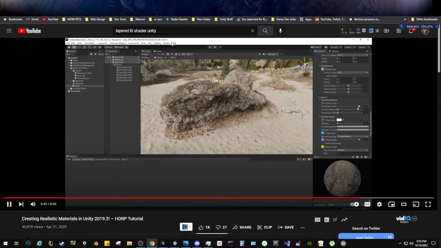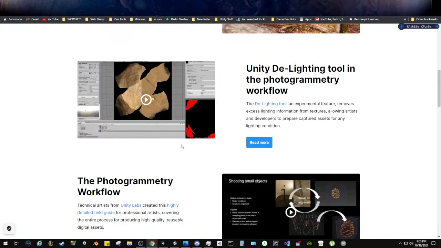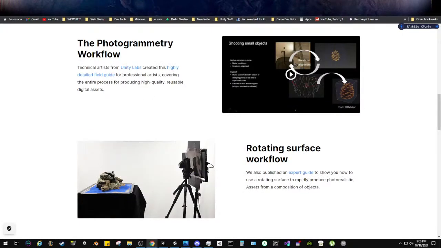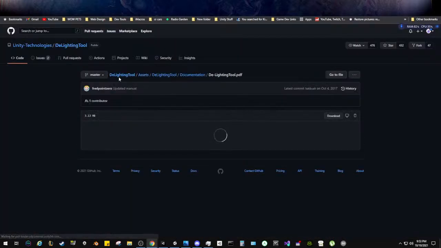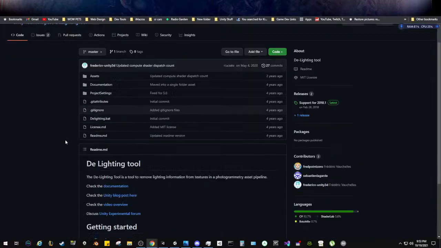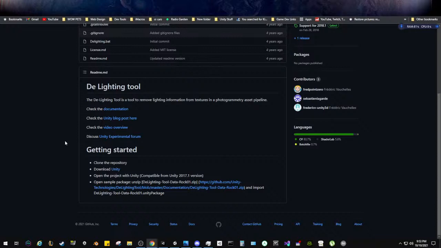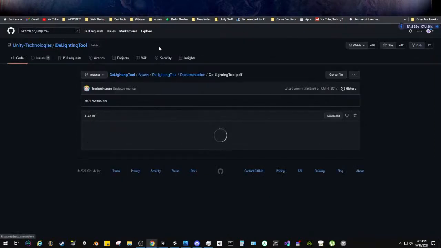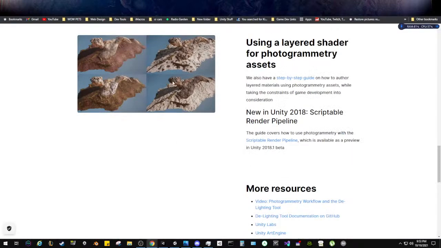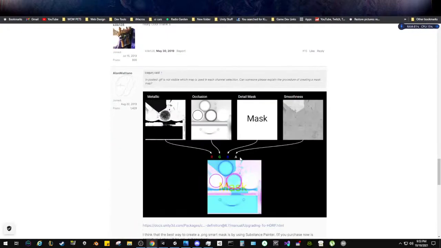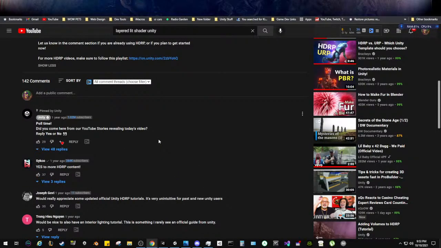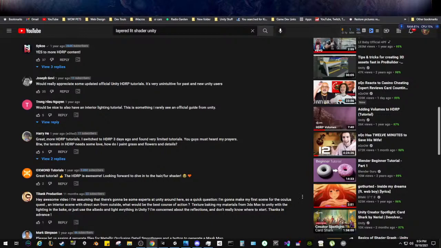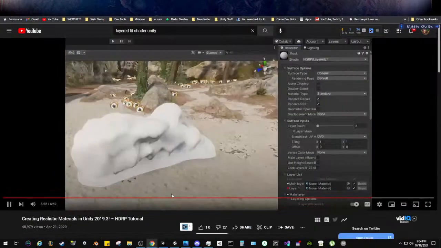For instance, we can increase the base color influence on our stone layer to mix some of the albedo color from our main layer into the final output. The layered lit shader is a powerful feature of the high-definition render pipeline and allows you to